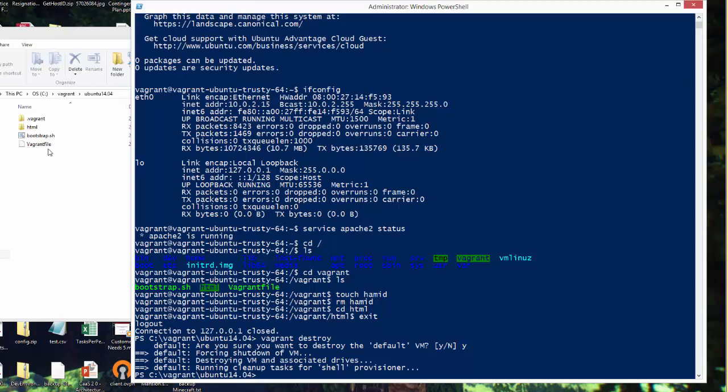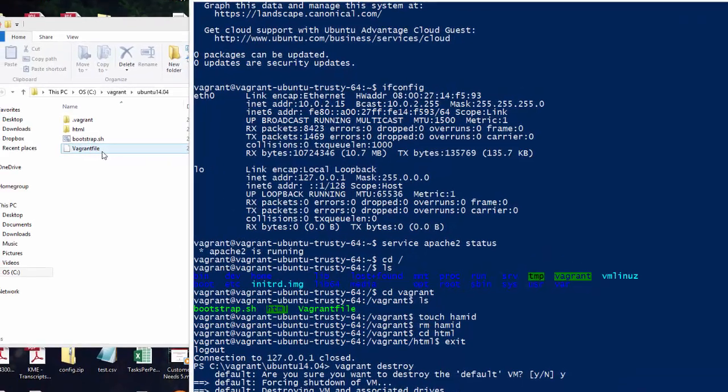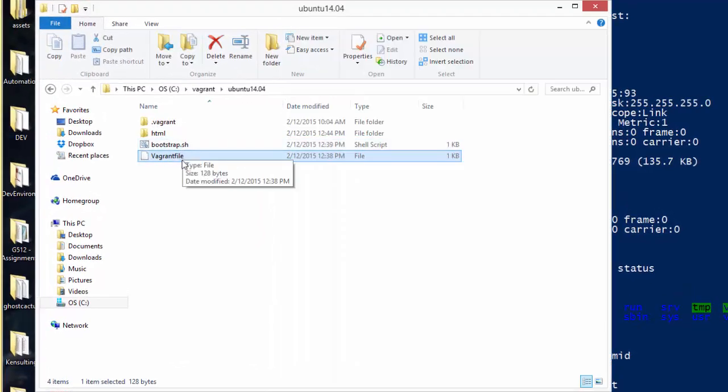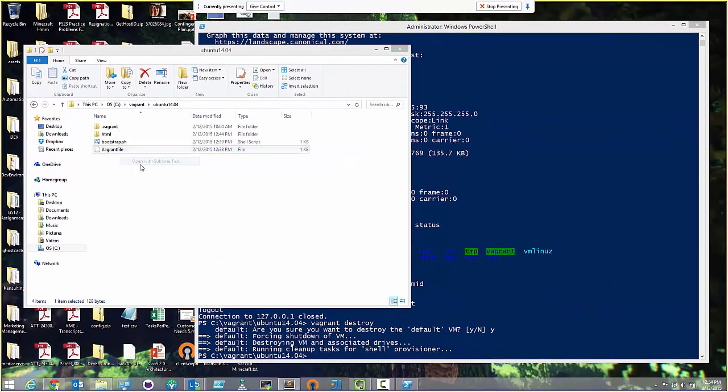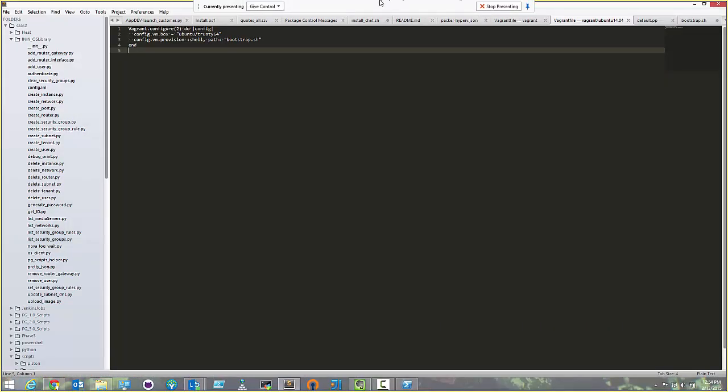So you know when you did vagrant init, it automatically created this Vagrantfile right here and this little folder. If you open your Vagrantfile, it'll have a lot of comments in it. I'm going to open mine up so you can see mine. I just deleted all the comments and added one line. So